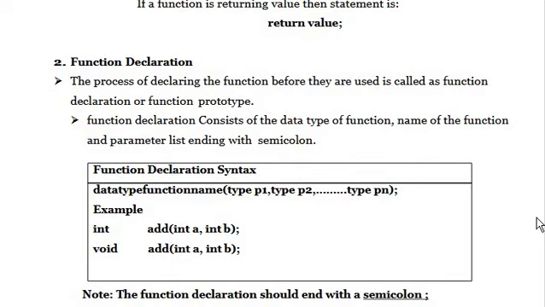And here the function declaration, this is part 2. You need to declare the function inside the main, and few people do it outside the main also. So for function declaration, the basic syntax is data type, space, function name, and within brackets the variable declaration. It must end with a semicolon.